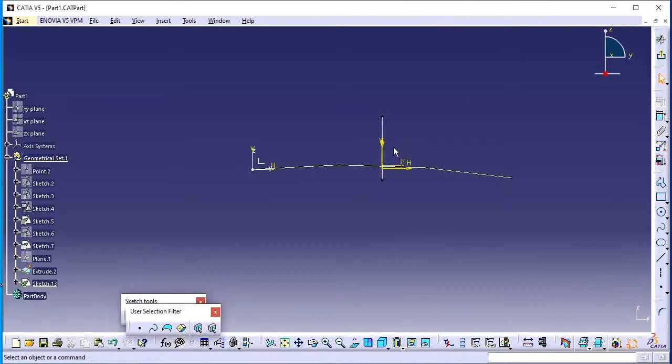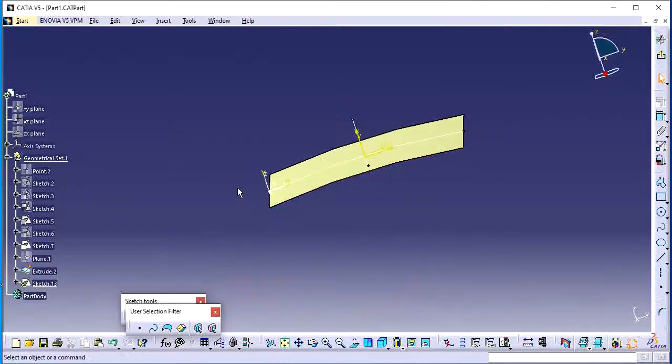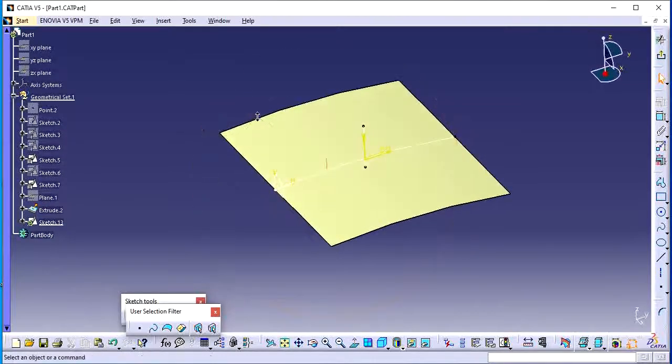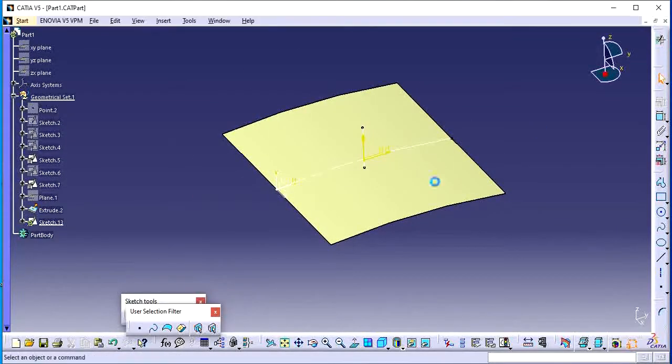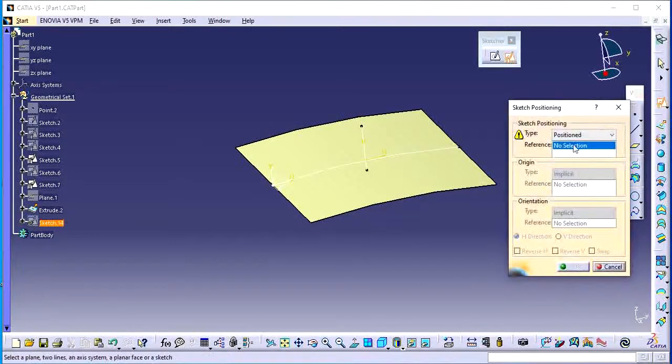So my sketch origin point is created here. These are all the types of sketch origin points we can use. In general, we will mostly use the projected point so that it will be easy to